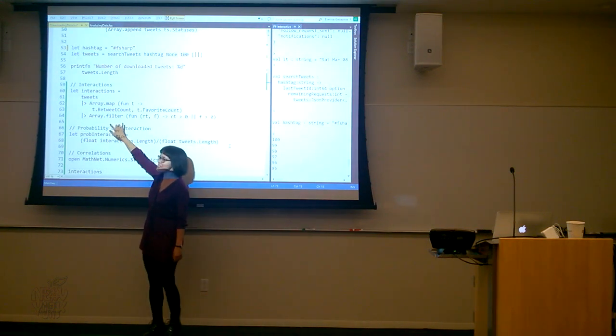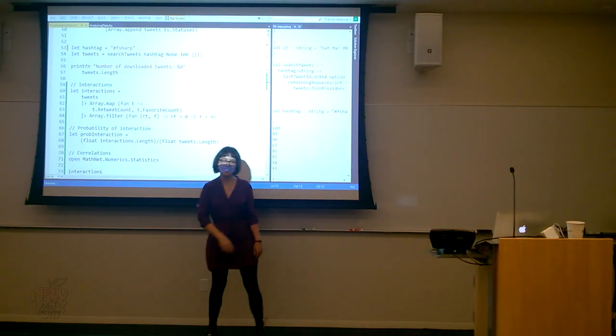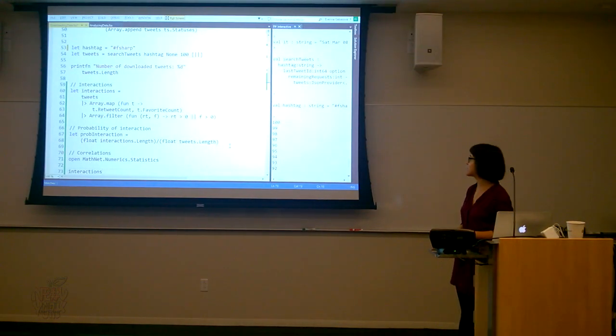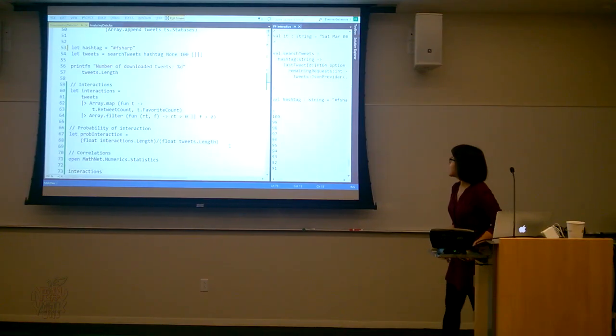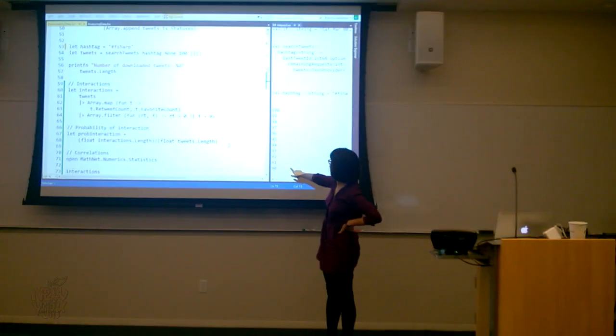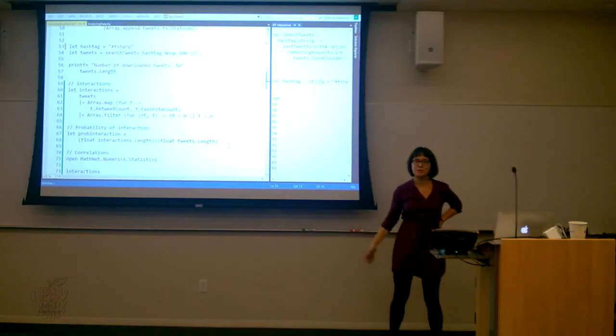And I just look at the number of retweets and number of favorites that each tweet had. And I will look at those that did have some retweets or favorites. And here it's just printing how many requests I already did, and you can see that right now I am up to 1,000 tweets about F# during the last week.